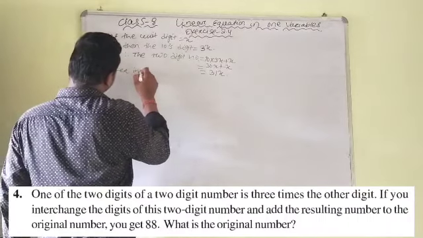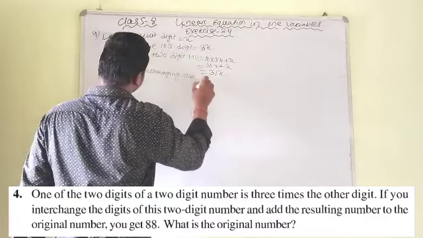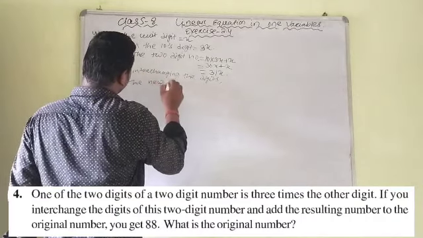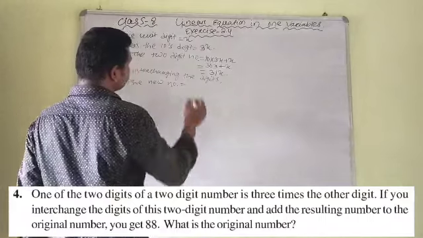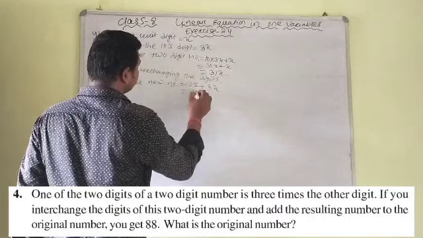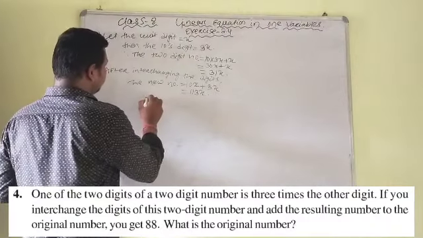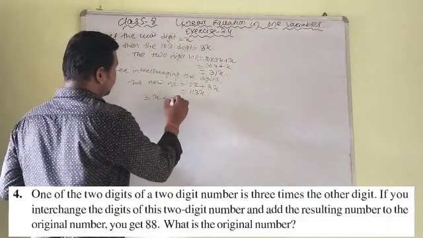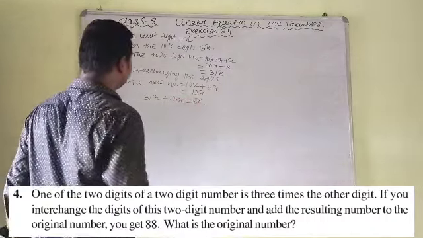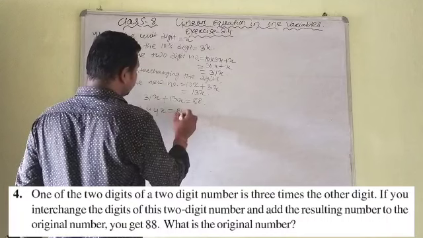Okay. Now after interchanging the digits, the new number formed is equal to 10 into x plus 3x, that is 13x. Okay, and given the sum of 31x added with the 13x is equal to 88. Okay, now this one equal to 44x, this is equal to 88